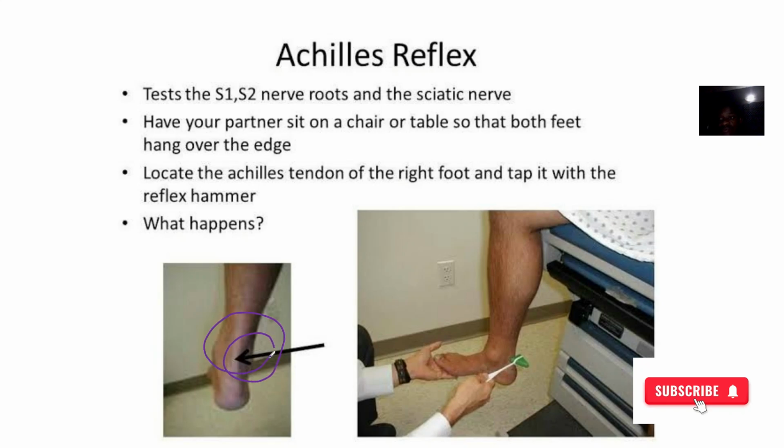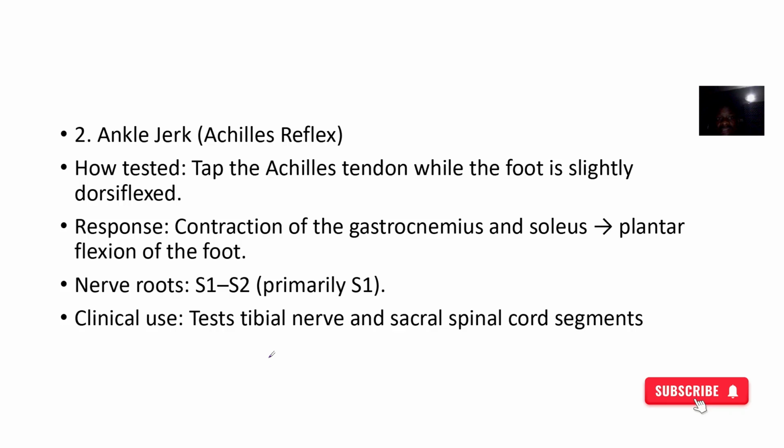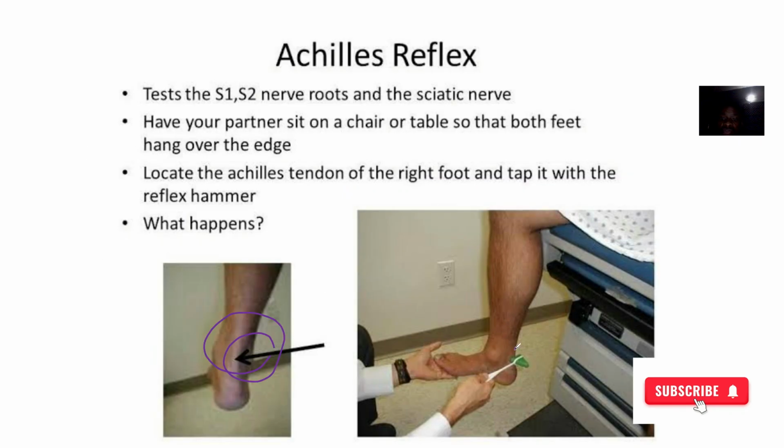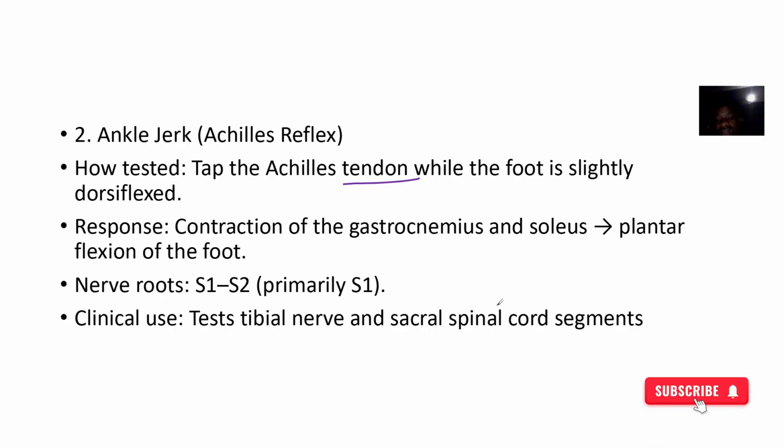Please just pause to observe, right? So for the Achilles tendon reflex, you are trying to tap the Achilles tendon, and this is when the foot is slightly dorsiflexed. So they should take their foot up a little bit, okay, so that the tendon will show very well. You strike it smoothly, and there's contraction of the gastrocnemius and the soleus,